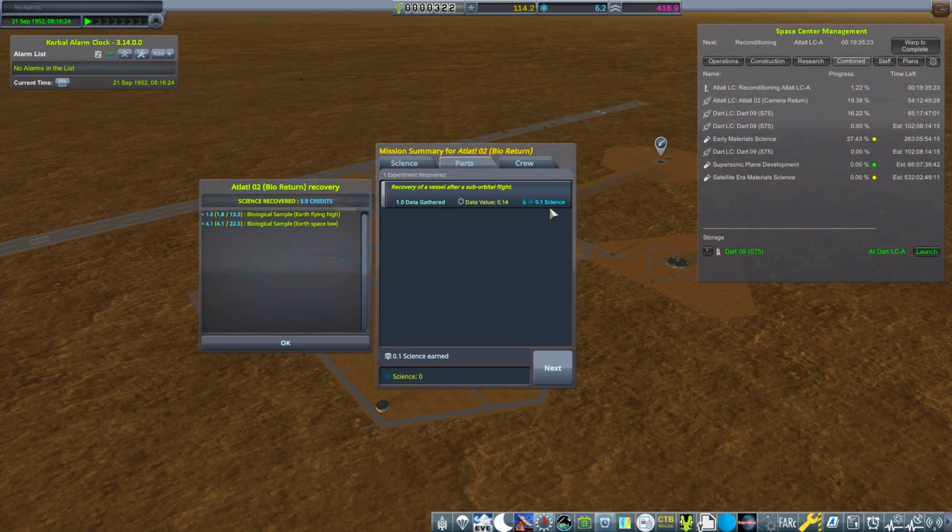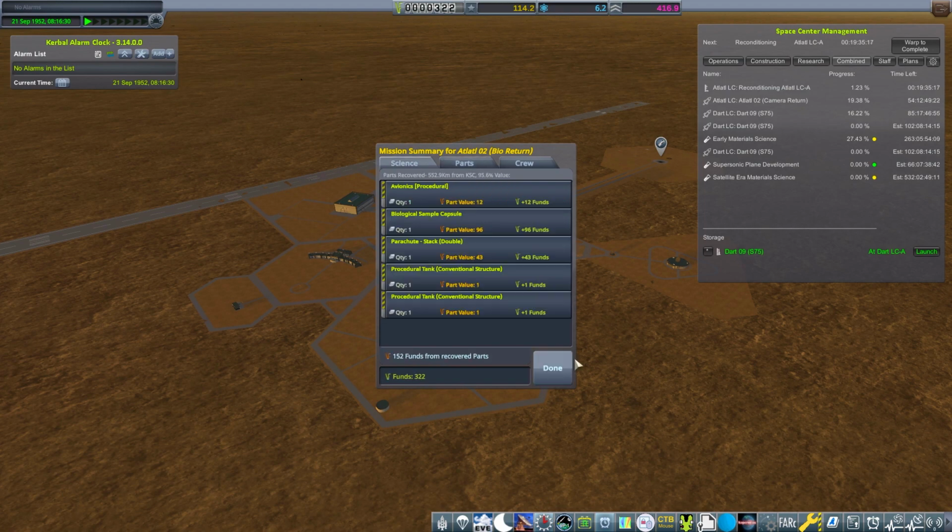We got a little bit more, so I think that takes us up to 6 science from that. Takes us to 6.2 in total. That 0.1 doesn't really do anything for us. We got